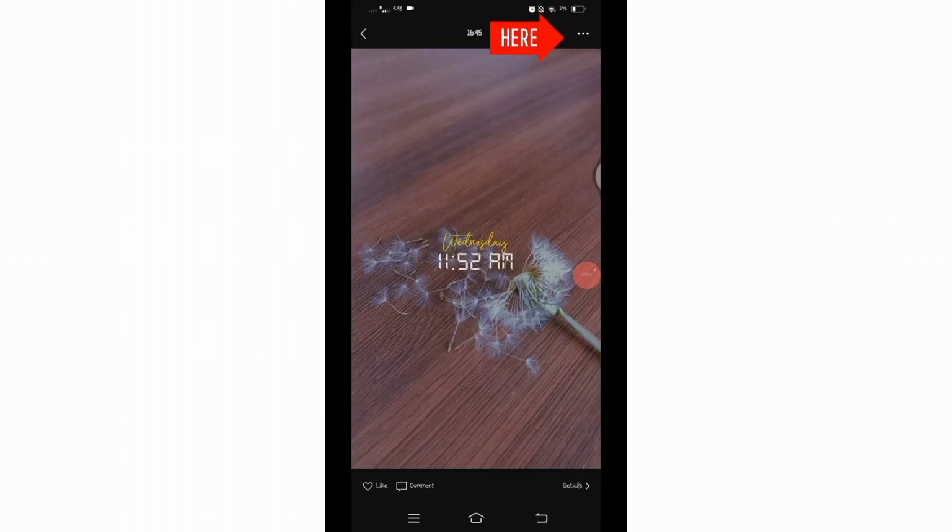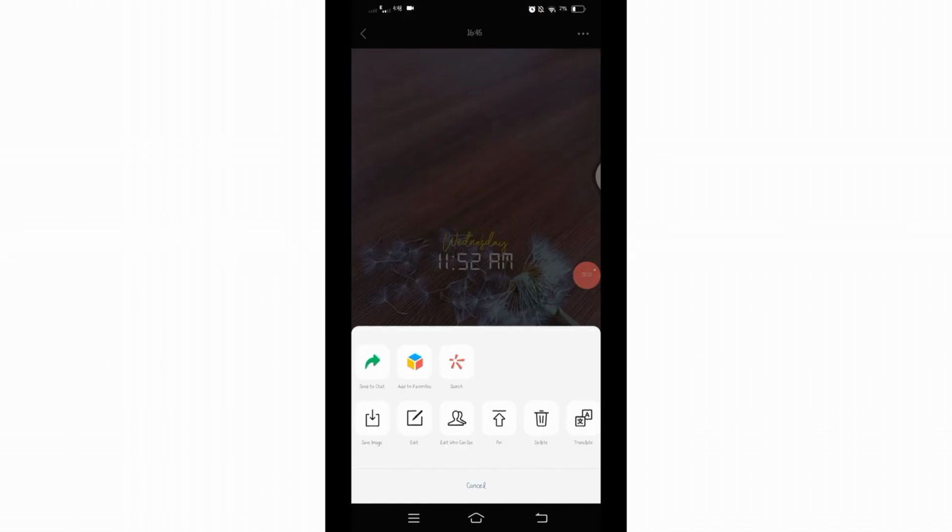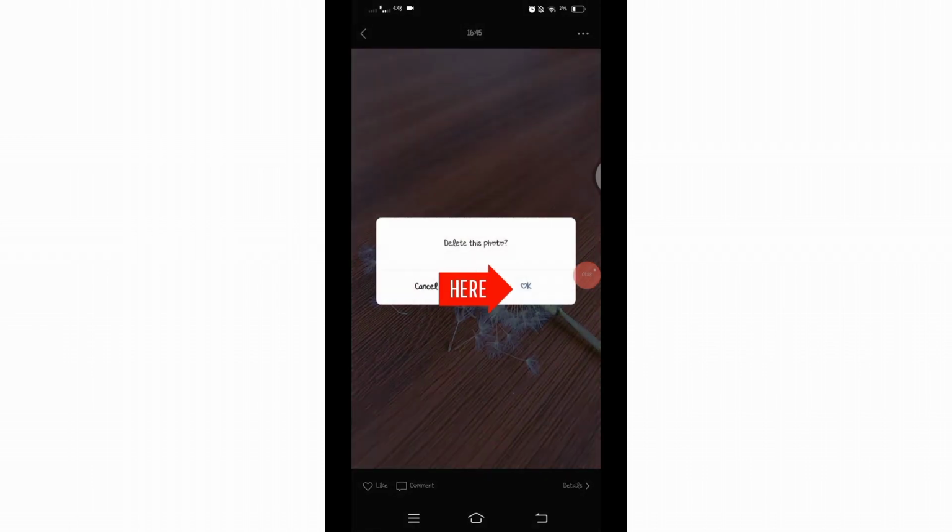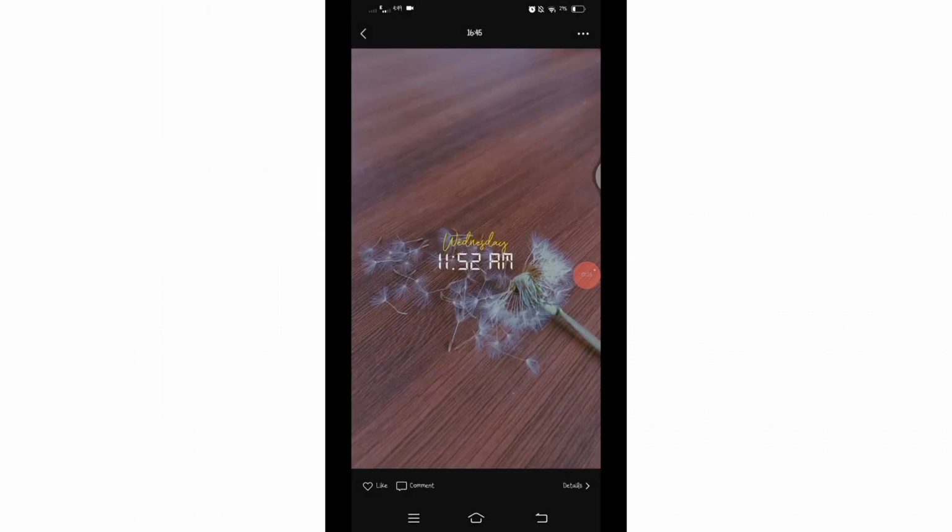Here at the top you will find three dots. Click on the three dots and below some options will pop up. From there you can see the delete option. Click on delete. Confirm it by clicking on this OK button, or you can also delete it by clicking on